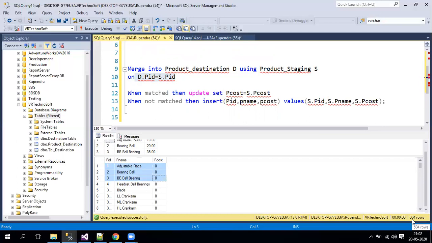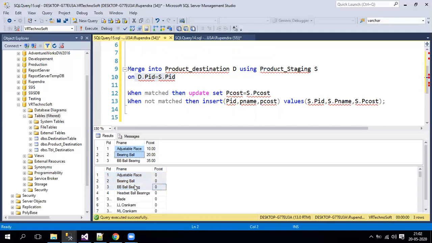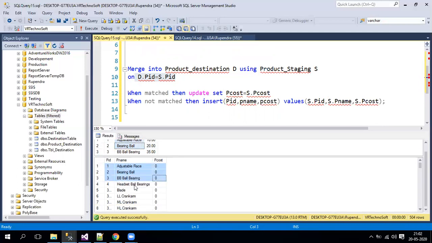I'll be able to easily come to know what has been changed. We can simply compare the source and the destination table. Again, there is an extra operation you need to perform, like comparing these 2 tables, either by writing a subquery or by using a left join, right join, anything you can use, and we can get the comparison values and then easily see the output.